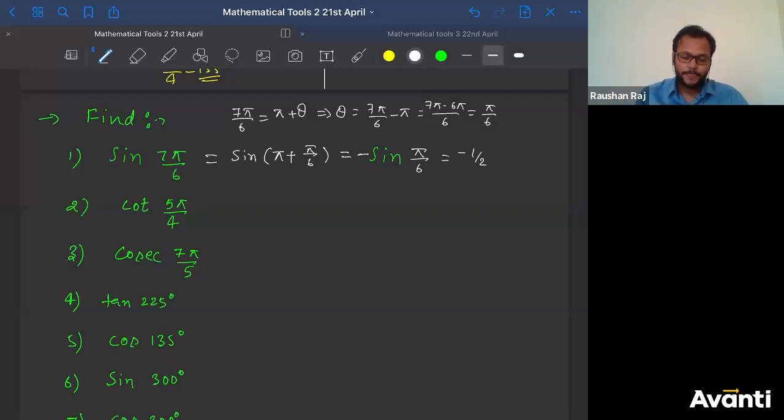Very good, guys. Chalo. Samajh mein aaya ki nahi aaya? Please let me know if you understood this. Click yes if you understood this, guys. Very good. Thank you. बहुत बढ़िया. Let us go to the next question here.